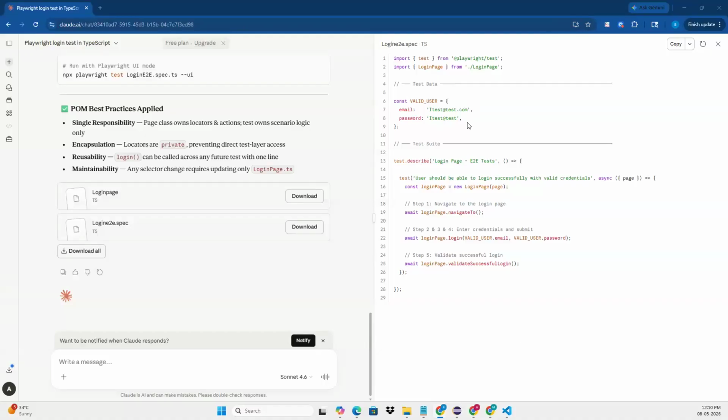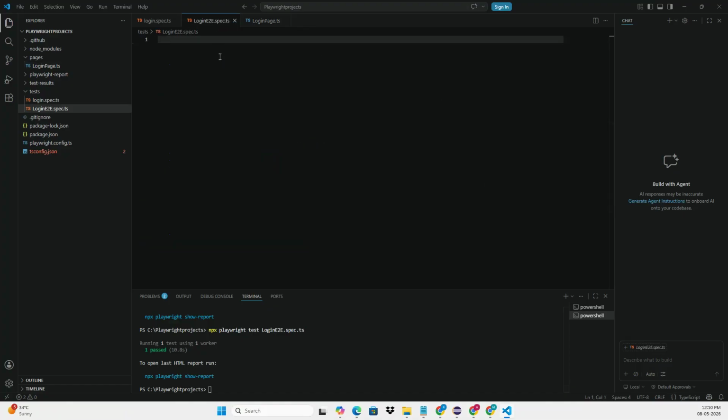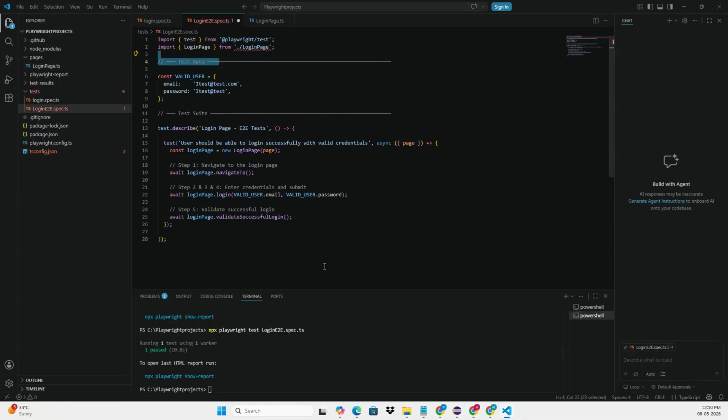All right, so this is my login end-to-end spec.ts. I'll copy the code from here and go to my playwright. Go to login e2e spec.ts, paste the code that Claude has created for me. Okay, here the test data is being created as part of the parameters.